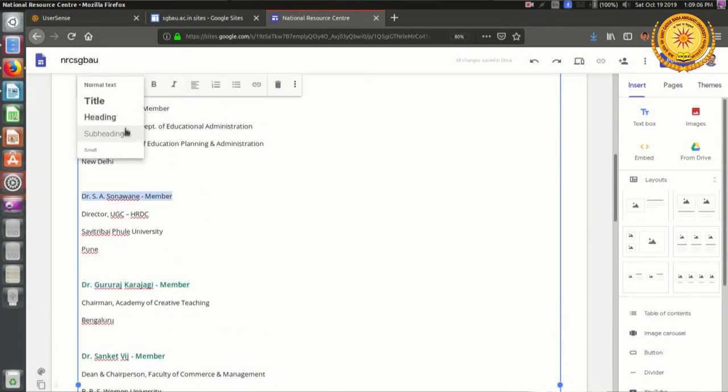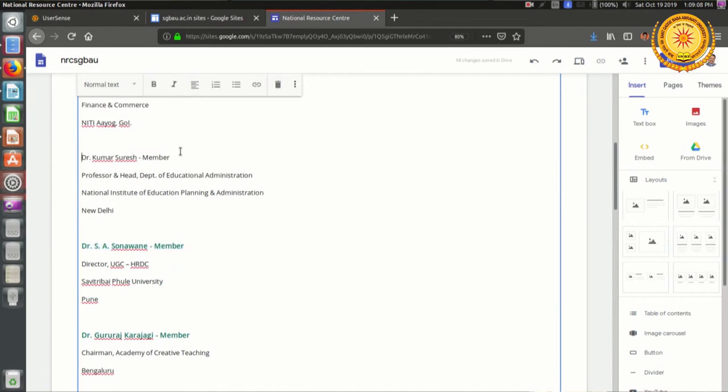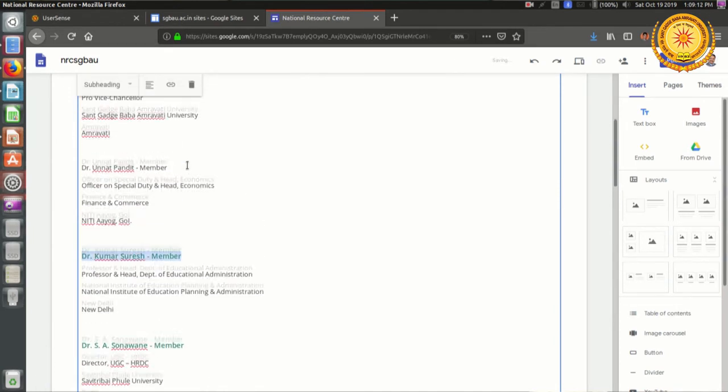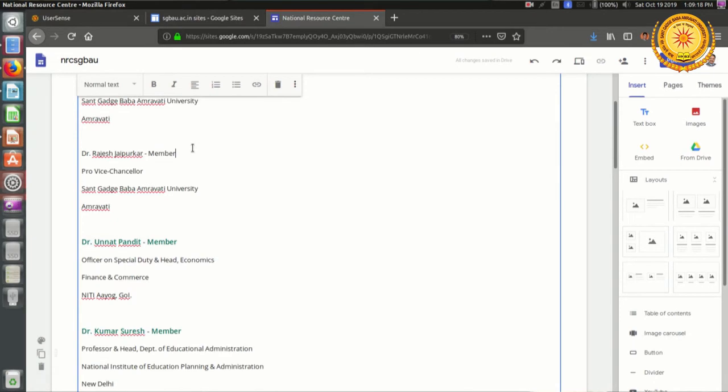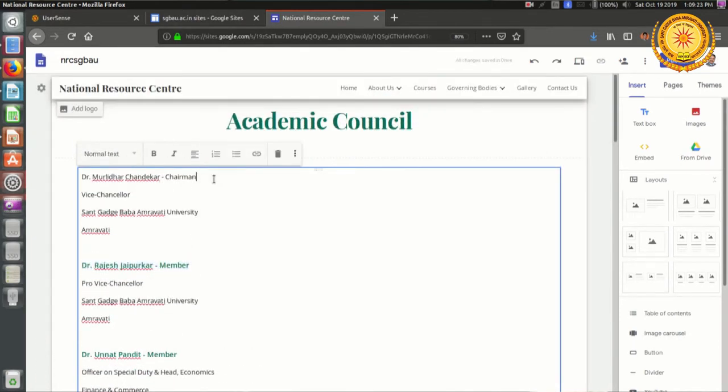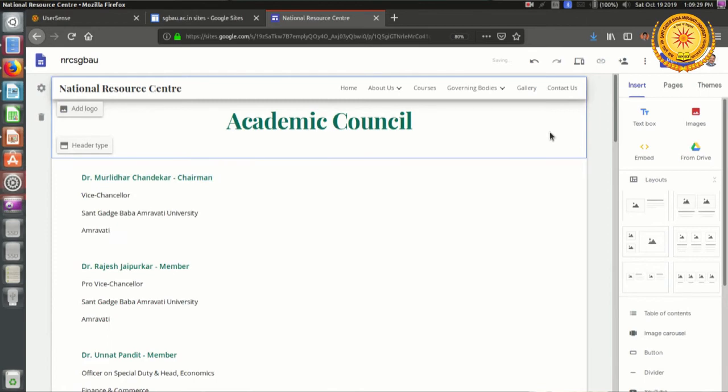That's why I am spending time in formatting the text, because ultimately the information will be viewed by the user, and the user should be interested to read the information. So okay, let us preview this particular web page.